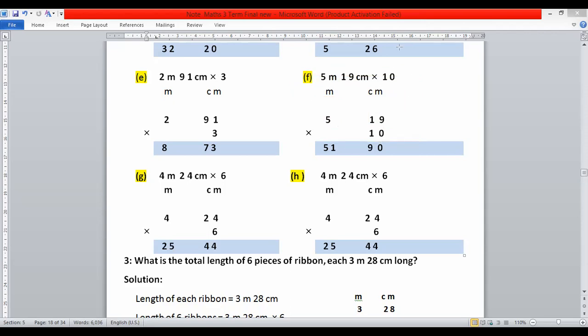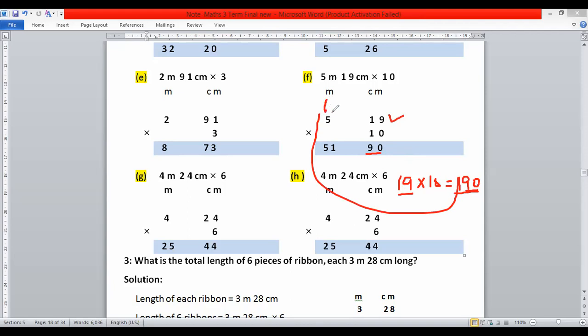Dear students, in this case, first of all, we multiply 19 by 10. I am writing 19 by 10 in horizontal form here. It is very easy to multiply 19 by 10, because whenever we multiply any number by 10, write the same number. This number is 19, write 19 and add 0 at the end, at right hand side. 19 multiplied by 10, 190. So write first two digits, 90, right? 90 here and this one carry here.